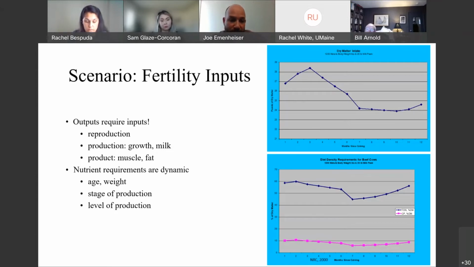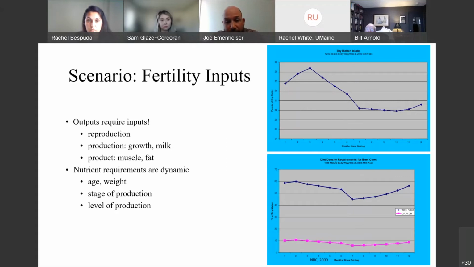And so the top slide shows pounds of dry matter that are required. Dry matter is just the plant matter after the moisture has been removed. And in the bottom graph, the blue line is TDN, or total digestible nutrients, essentially energy, percentage of the dry matter, and the pink line is percentage crude protein. Again, on the x-axis, months since calving, and the key takeaway that I want you to see are that those